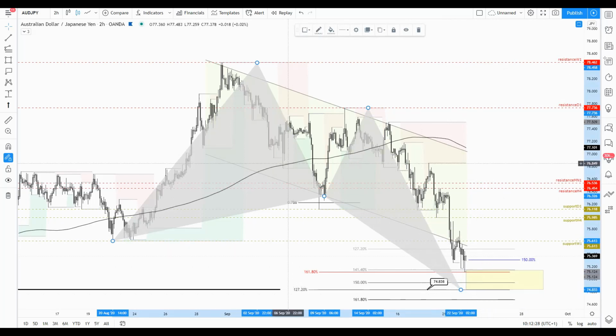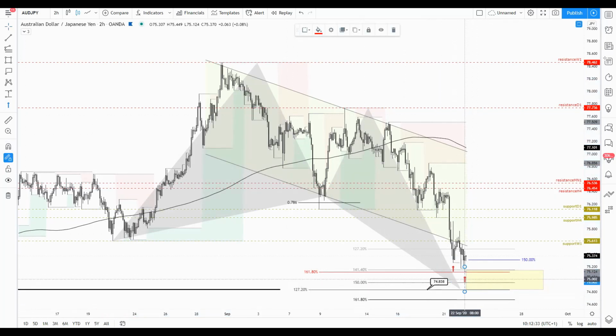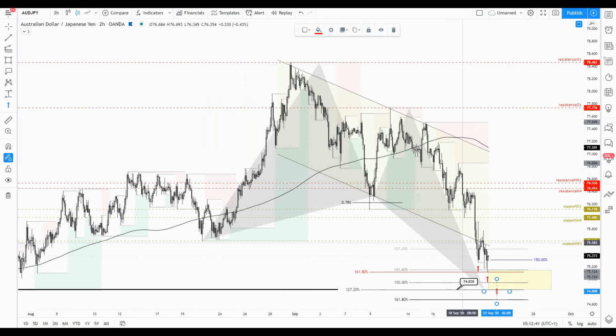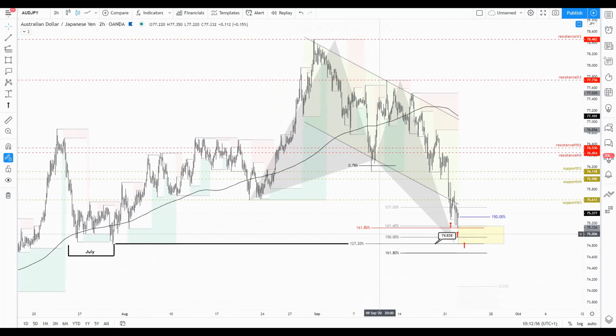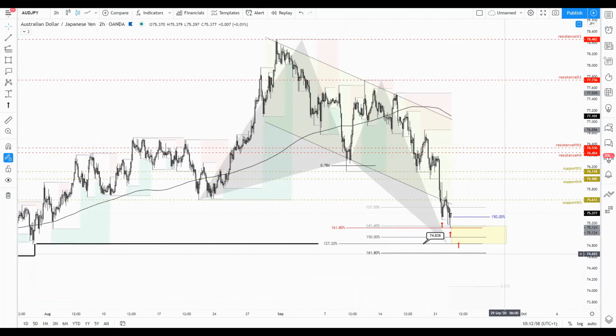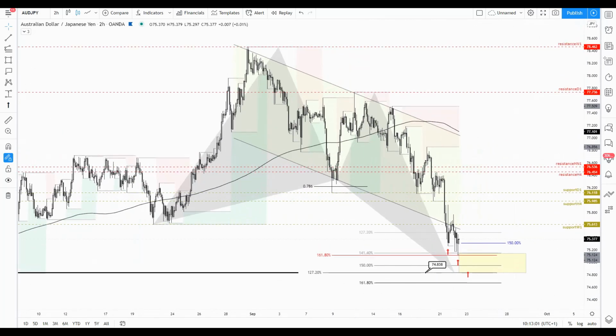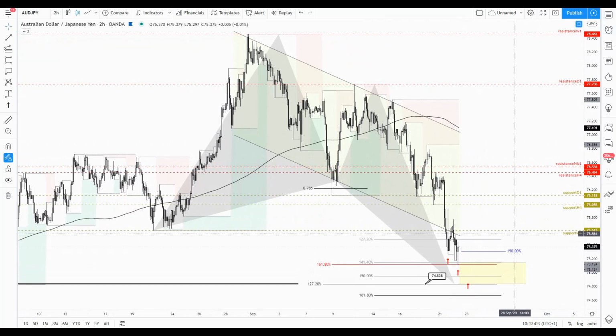So I need the price to print a new low, kind of a three drives, one, a second, and a third drive, which eventually may offer some bullish momentum if the pattern gets completed. Actually, if that happens, we have two patterns there. We have the three drives formation converging with the eventual bullish butterfly pattern. So pay attention to 74.83 for the Australian dollar versus the yen,